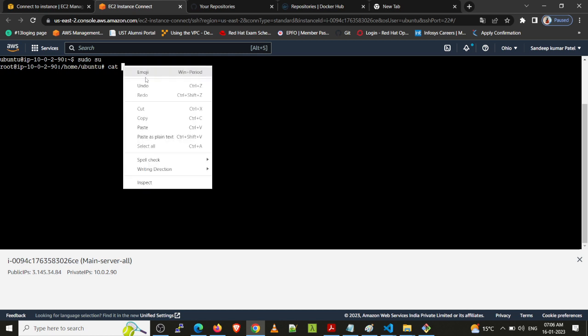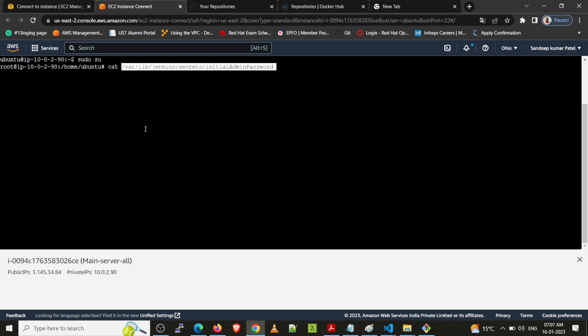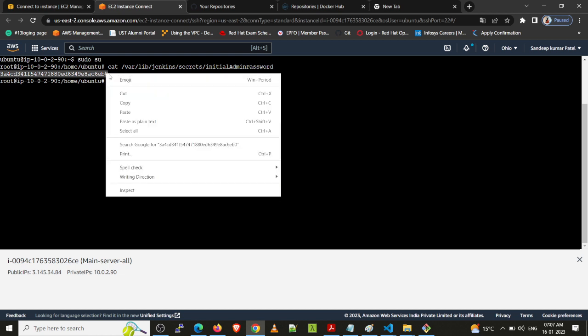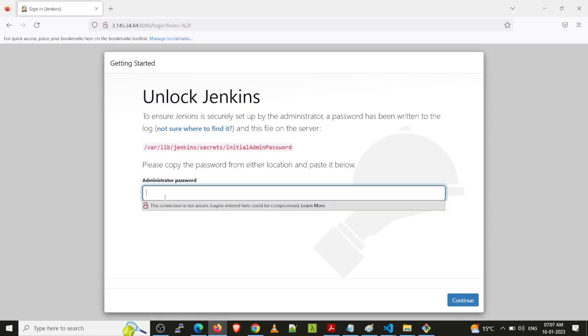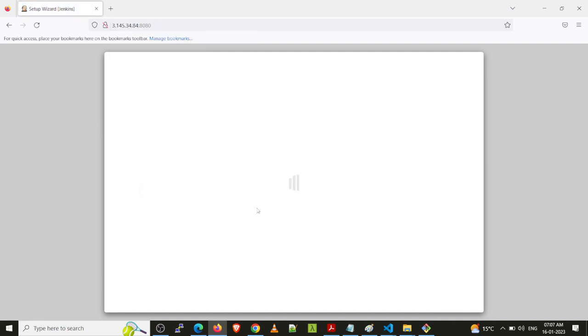For the time being I'm using sudo, which means I'm accessing as the sudo user. This is our unlock Jenkins file, which means the code is here. We copy it and paste it here to unlock Jenkins.